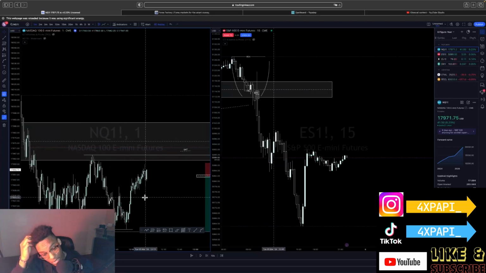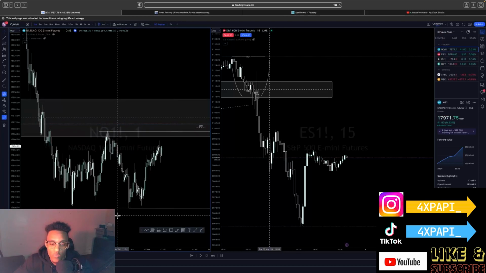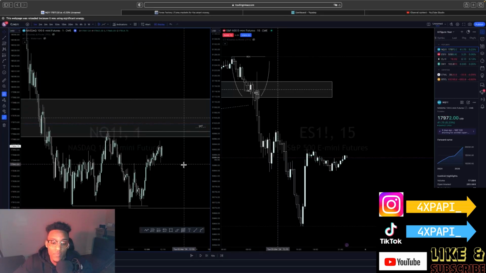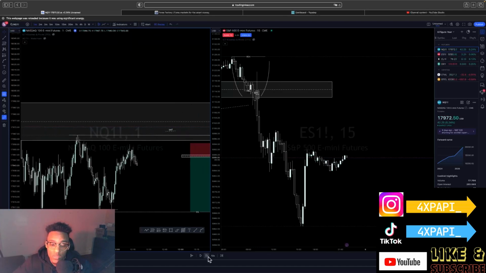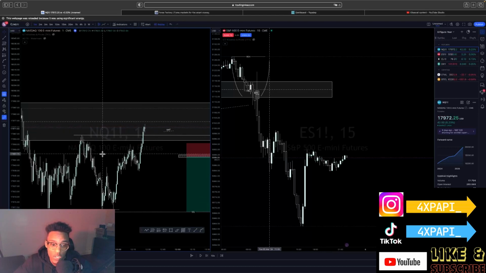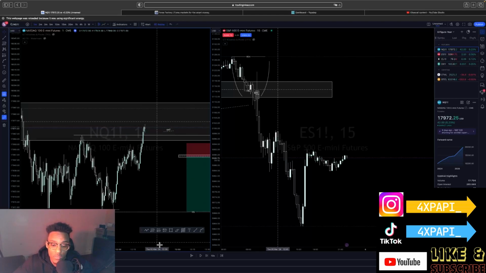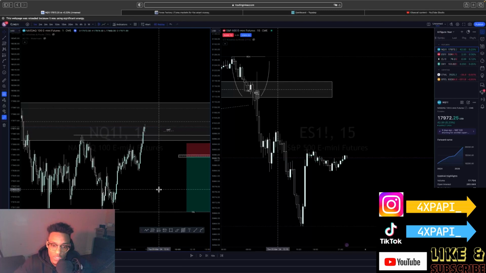So then, which is why we're trading on the 1 minute time frame. It would be wrong of me to take this trade, because now once we take this objective, the model is complete. What we did end up doing was coming back to take this internal buy side, but with us being as low as we are and the objective being complete, it is not a high probability setup to take this trade.